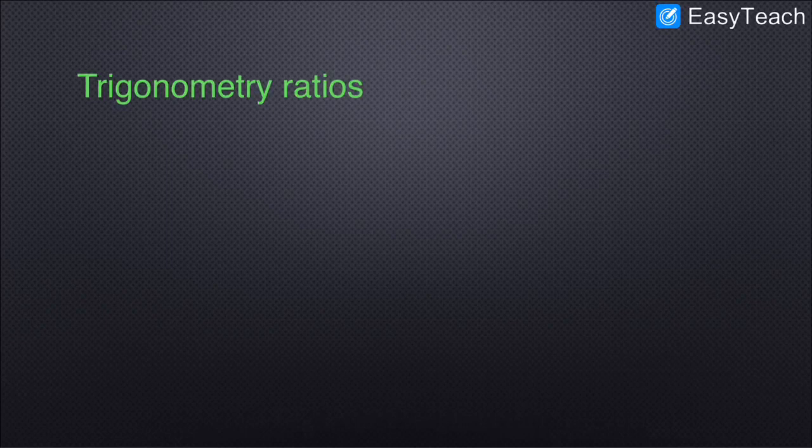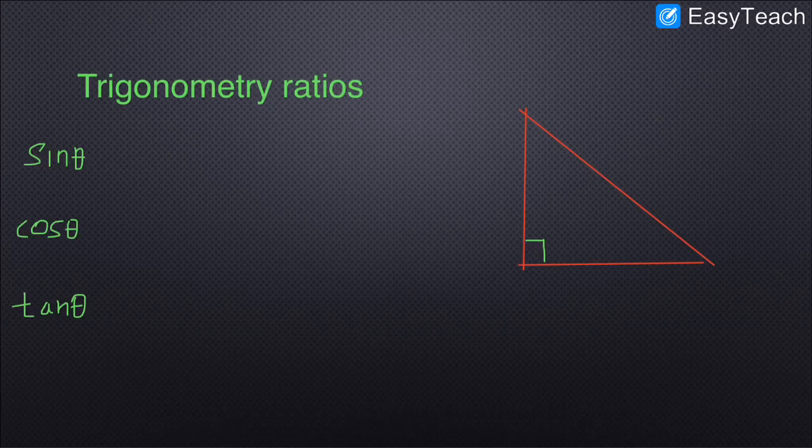Like I said earlier, trigonometry is applicable only on a right angle triangle. So let me draw one right angle triangle first. This must be 90 degree. Here are some ratios: sin theta, cos theta and tan theta. Here theta is nothing but the angle. It can be anywhere, here or here, but not here because this is already fixed as the right angle, 90 degree.